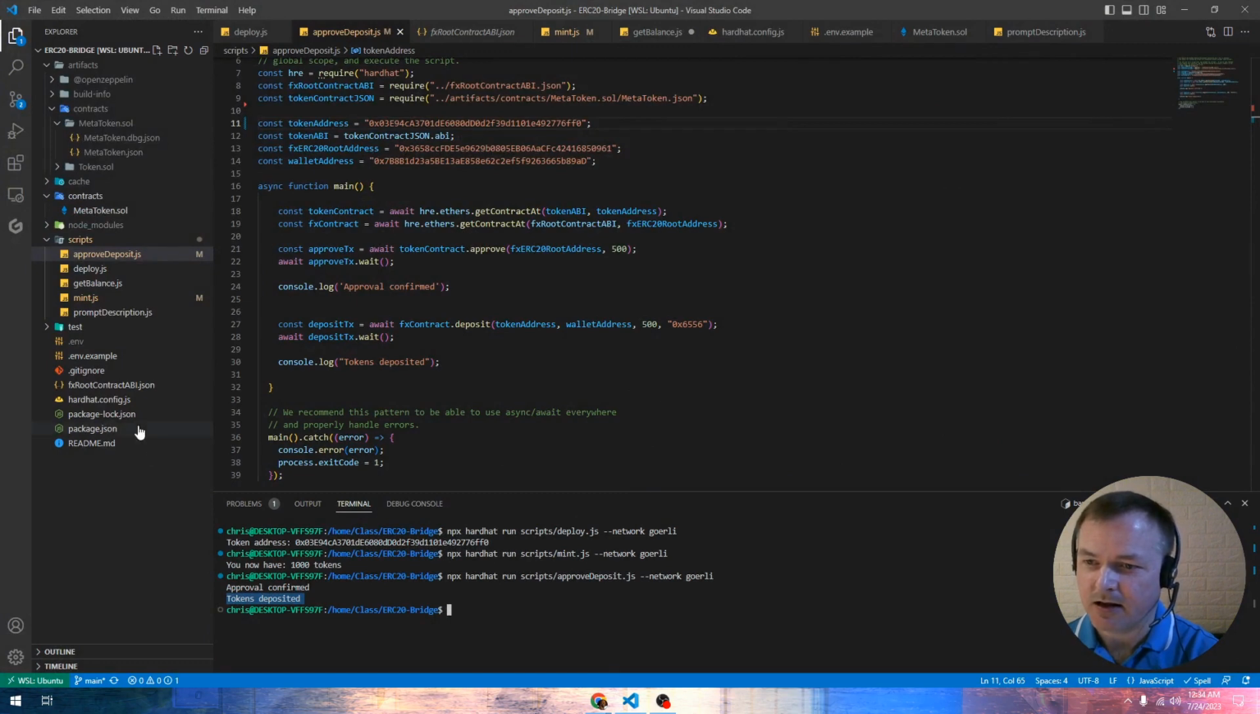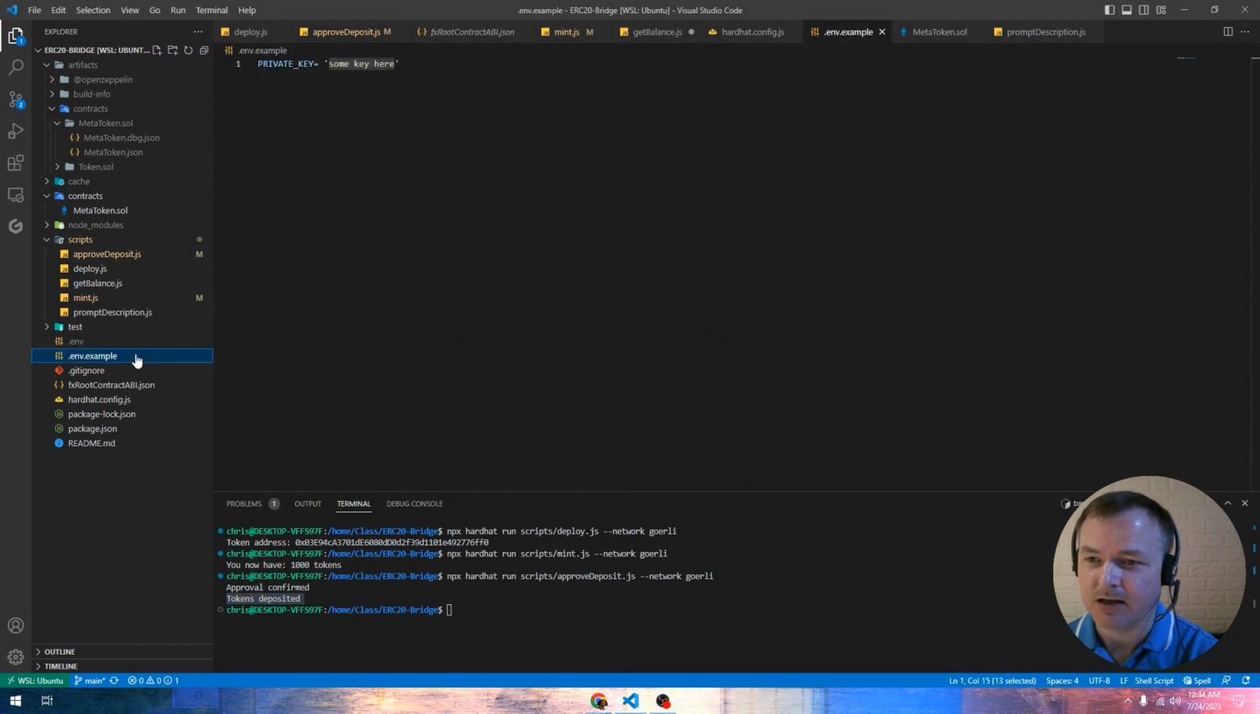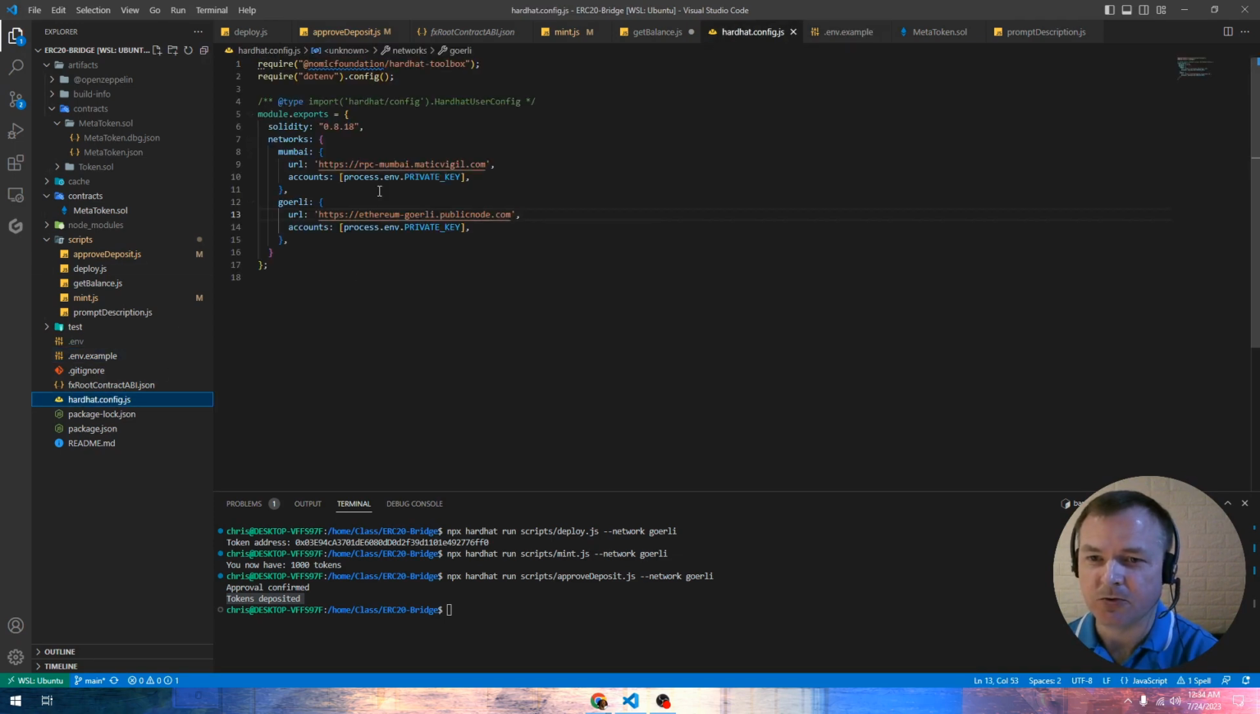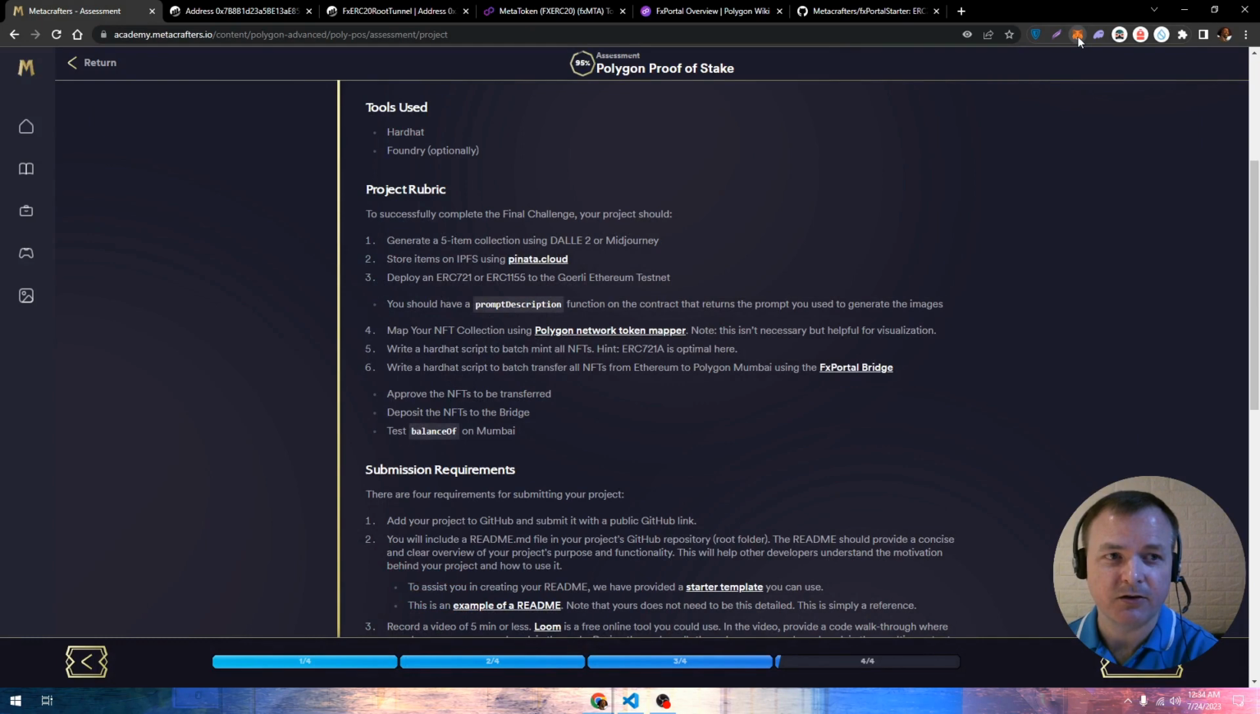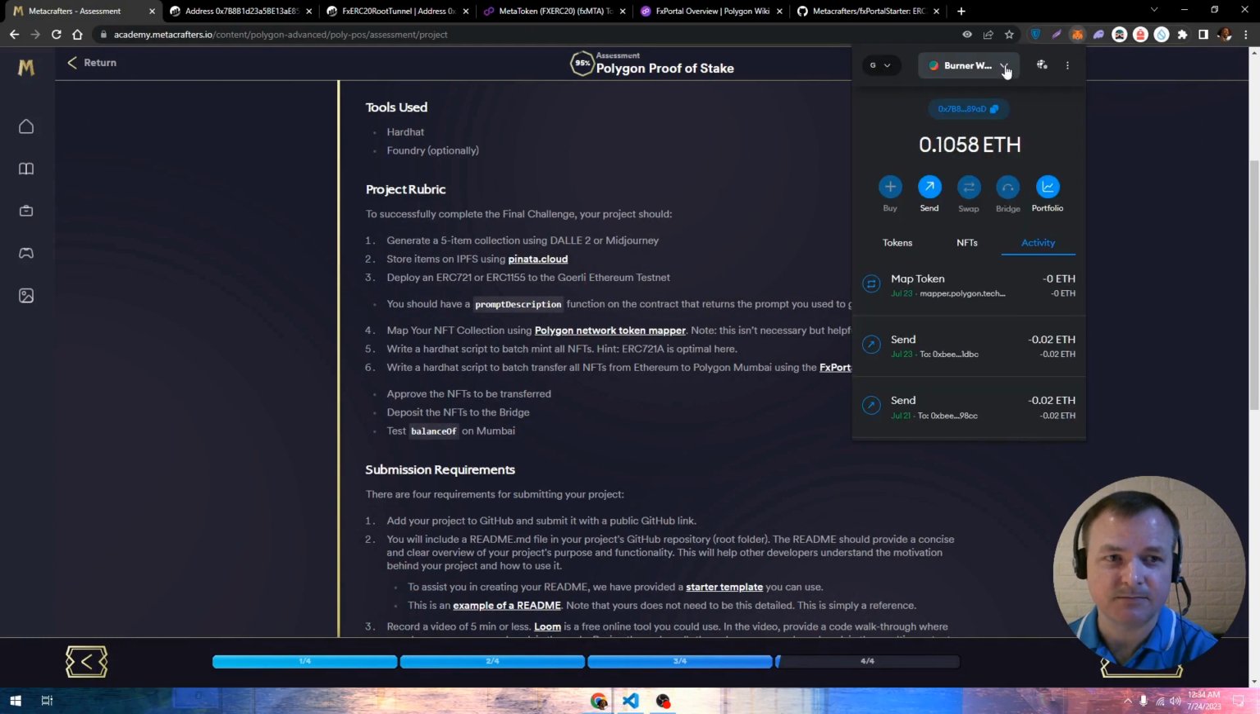One last thing, I believe. Now, one last thing is this environmental variable here. For the private key of your wallet, what you'll want to do is paste that here, because that's what's going to be used for all of your transactions. And as a refresher, if you don't know how to do that, all you got to do is just go to your MetaMask, click here towards the top,